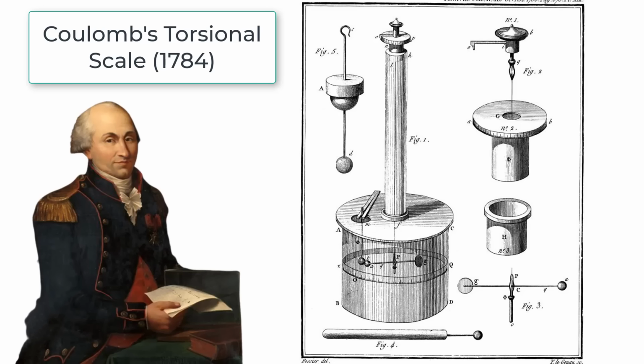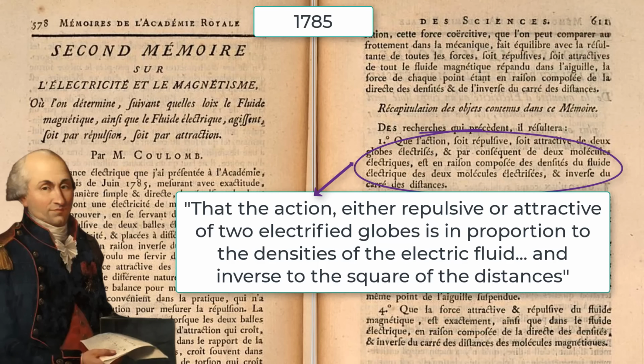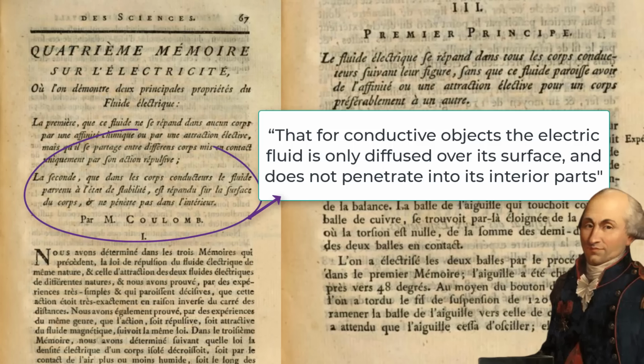See, way back in 1784, a French engineer named Charles Augustin Coulomb published a description of his very sensitive torsional scale that was described as an "all too unsteady twisting machine." The following year, Coulomb used his device to determine that the electric force is dependent on the size of the two charges and inversely dependent on the distance squared. Then, the year after that, 1786, Coulomb used his machine to determine that charges only reside on the outside of a conducting material and do not penetrate into its interior parts.